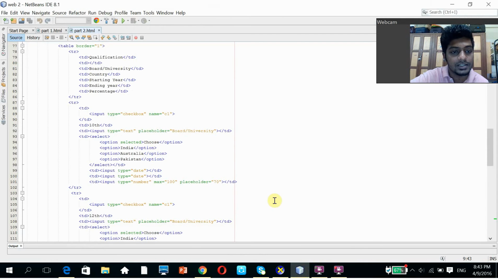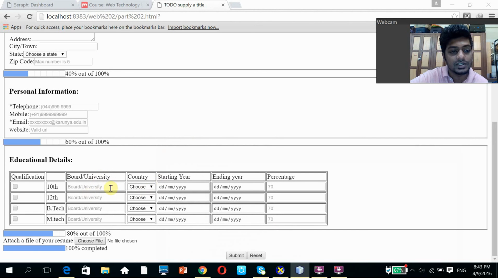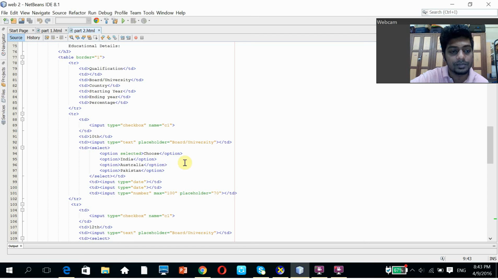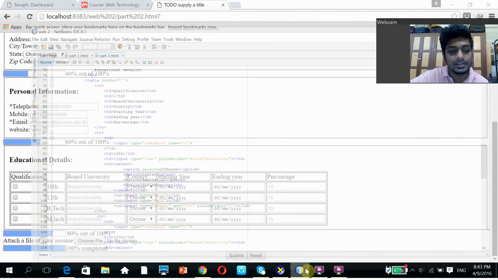And before that there's an input type text, placeholder board university. I missed out that just now, board university, another column, and inside the placeholder I've given board university again, so you can type. After that is the drop down menu, and next, starting year,